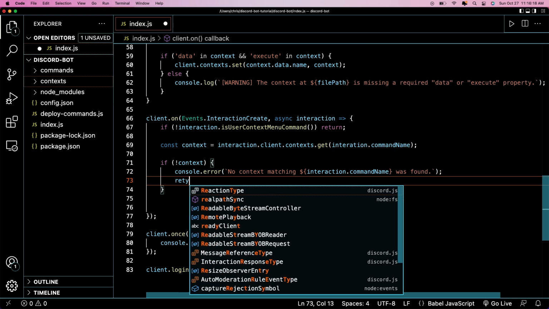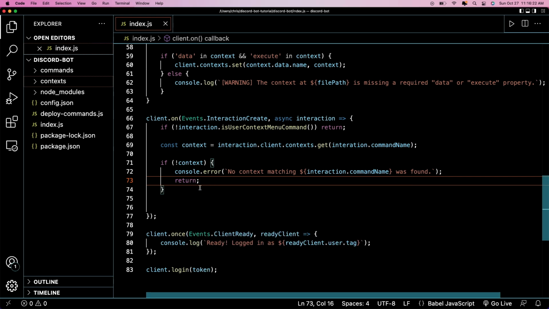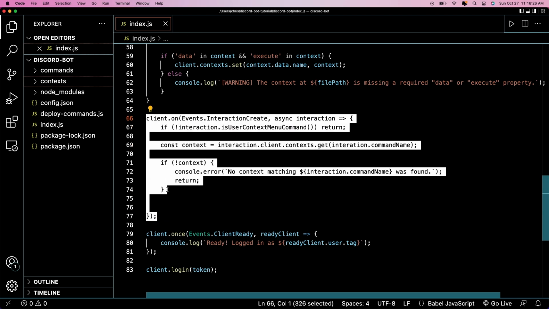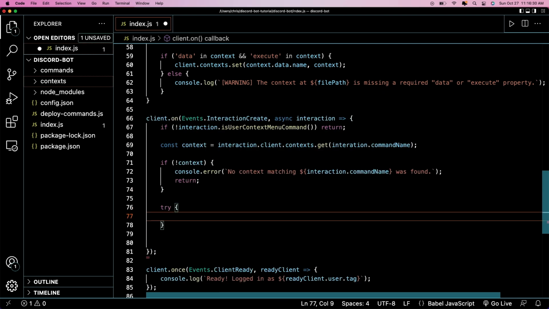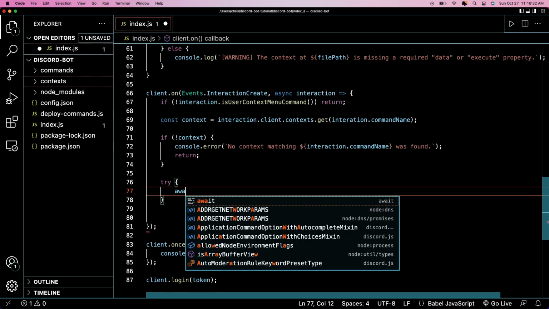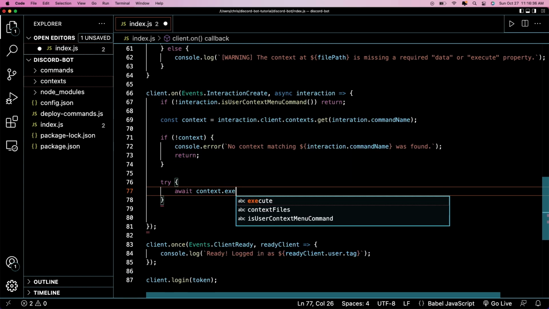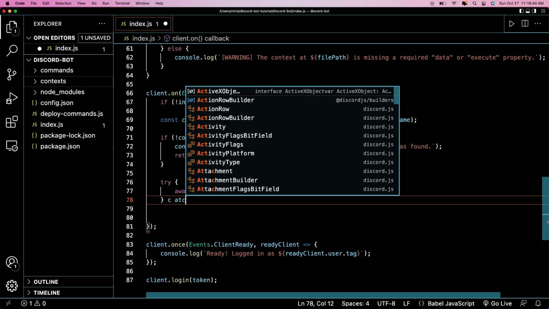Boom, and then let's just return that because we don't want the rest of the code to execute. We just want to end it here and then it will get outside of this. Okay, so then let's do a try and catch and let's just try to execute this command just like normal. So we're going to say await context.execute. This should be the execute property that you put on the command interaction, and we're just going to pass that interaction. Then we're going to say catch